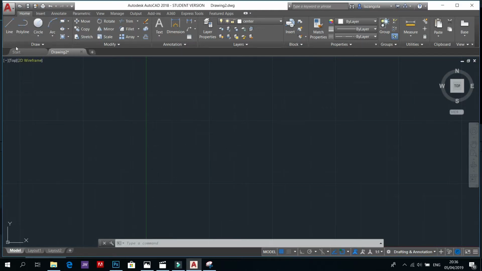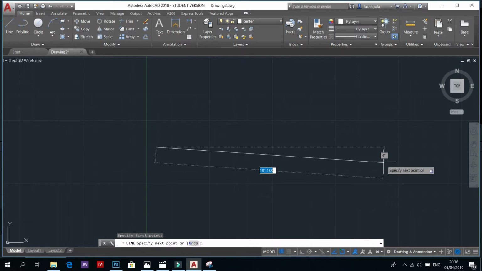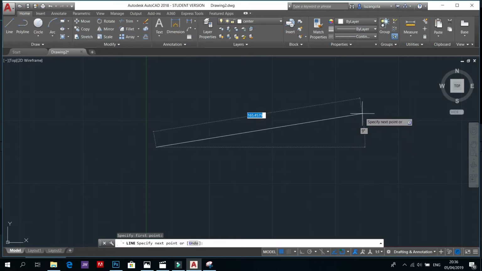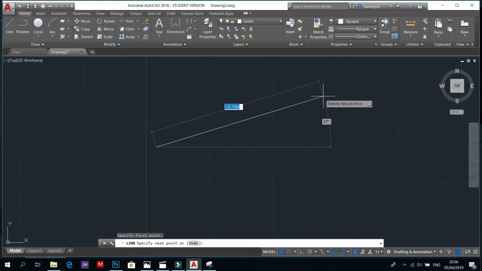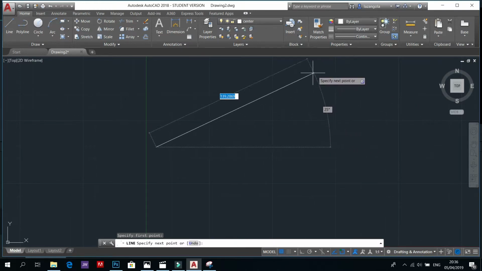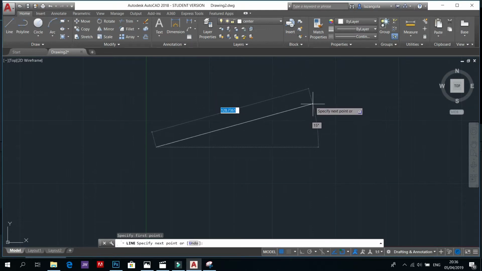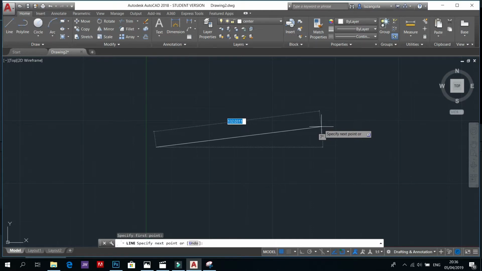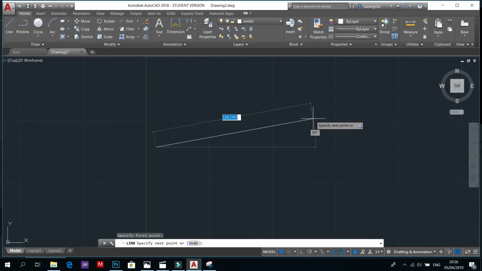Let's start using the first command, the line. Click here and the command asks me to specify the first point. I will just click anywhere in my work area, for instance, here. Now it asks me to specify the next point. You can see that my line is not very straight, and I can also have different types of angle, like 15, 24, 27, 19, 17 degrees. So different angles. How can I draw a very straight line? To do that, I will just activate